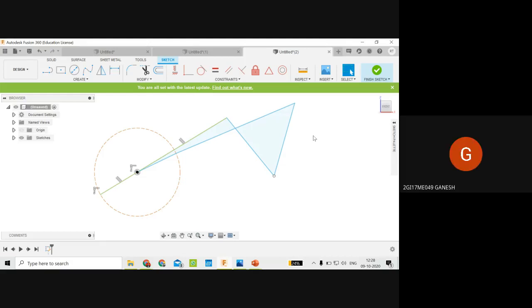Sir, the previous line that you drew for the extreme right position, both are not in a straight line, sir. I think, sir, use the constraint from the top, like parallel constraint we can use. But again the dimensions will change. So I was just drawing for the demonstration. Anyways, okay.